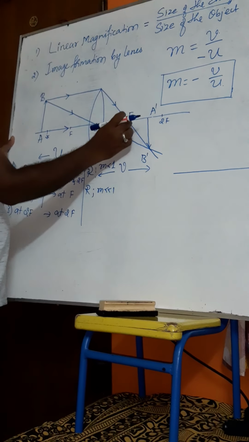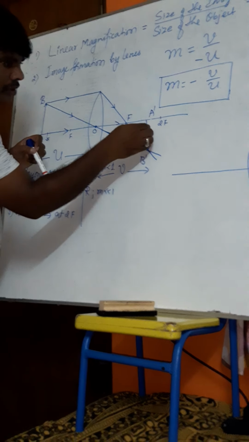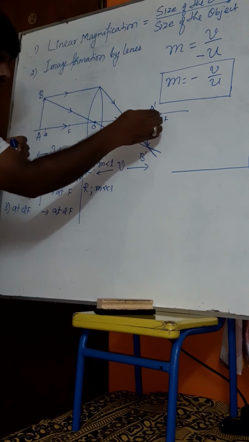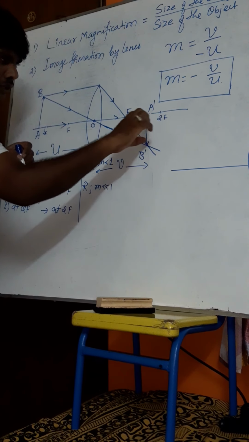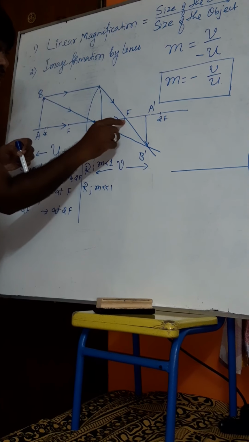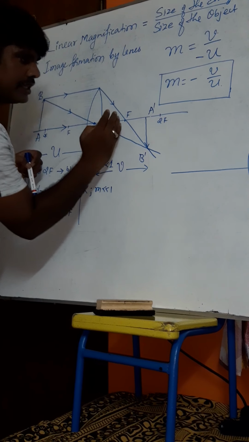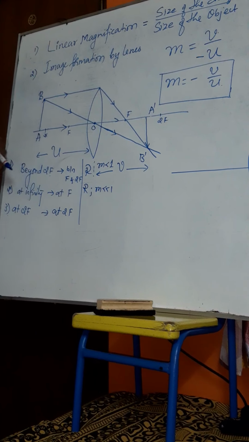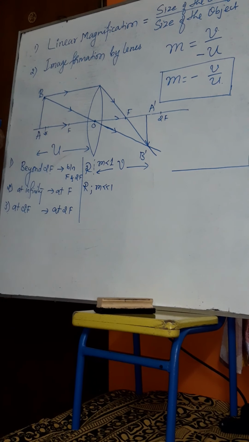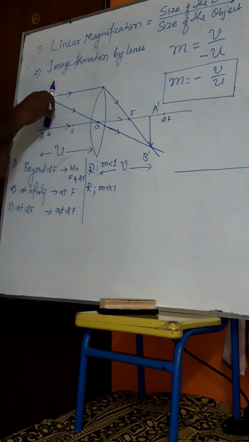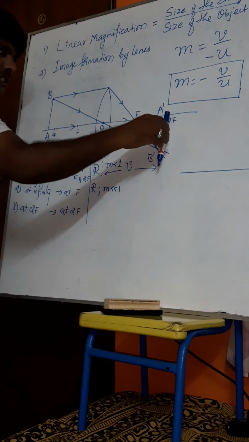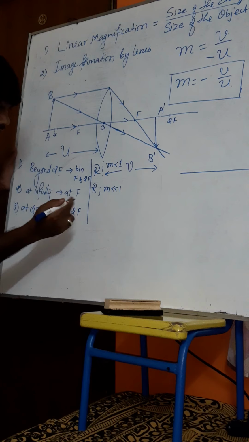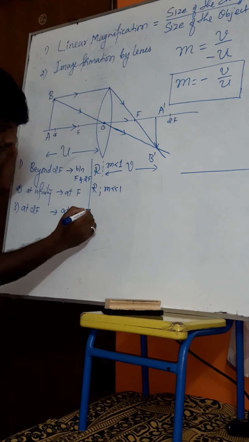Very small value. So if the object comes from 2f to f, the size goes on decreasing, here it is very small. If it is moved from here to here, the size goes on increasing, here it will become the same size as that of the object. That's why if I place the object at 2f, the same image is formed inverted here with the same height or size.